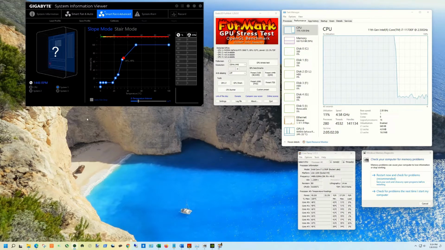See, now I'm going to show you the case fan on top has gone down a little bit. I'm going to just reset it. You don't have to do this, I'm just doing this for myself. And the CPU fan I don't touch. See how it dropped, the RPMs. Temperatures are around the 40s right now.